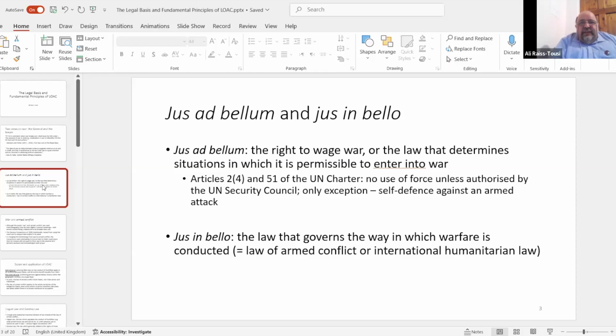Can you target civilians, or is there an absolute ban on civilians being targeted or civilians dying because they happen to be in a place where the military target was situated? All of these issues are discussed in jus in bello, which is the strand that we are going to be